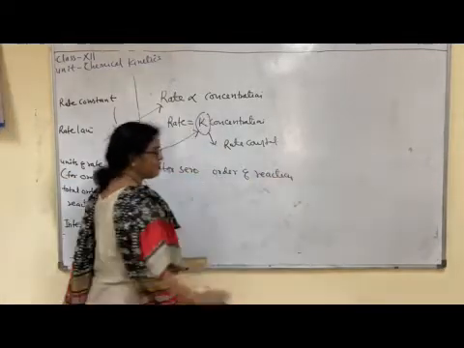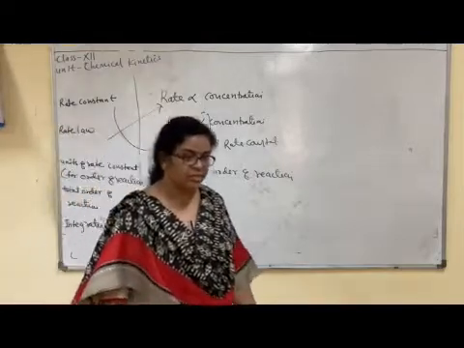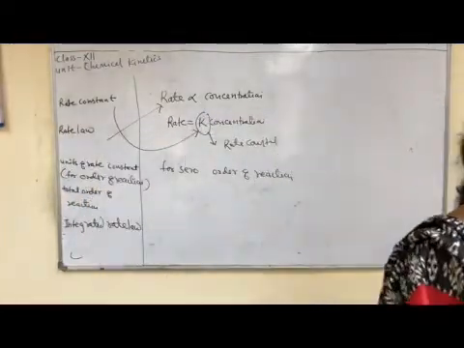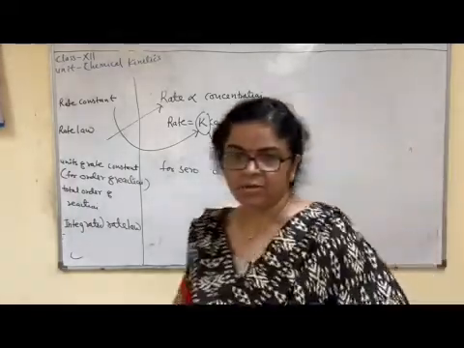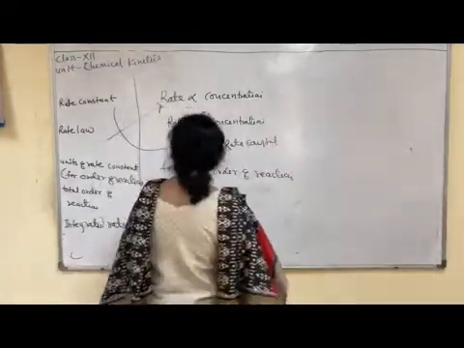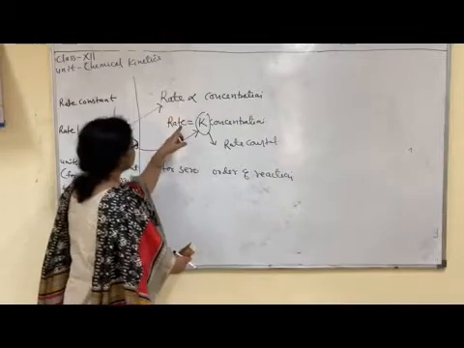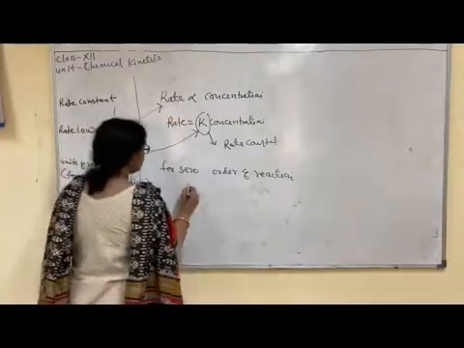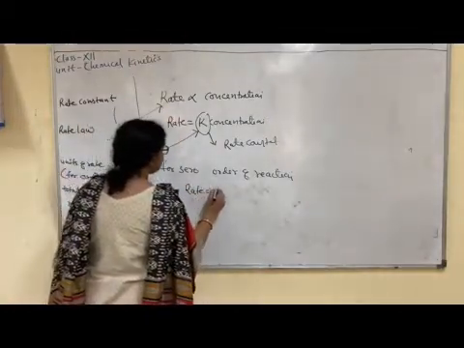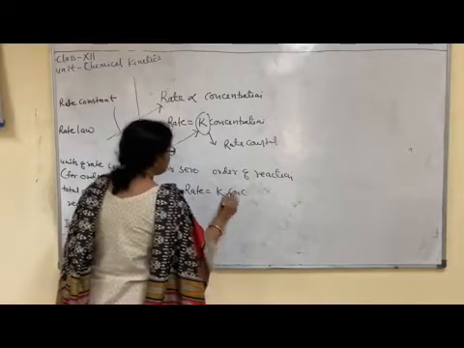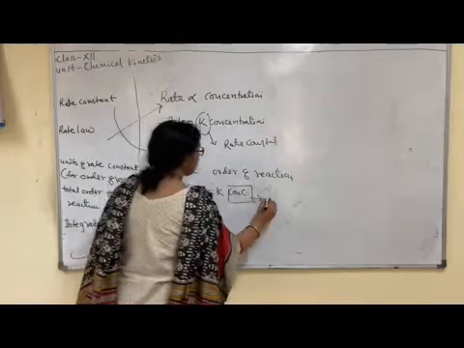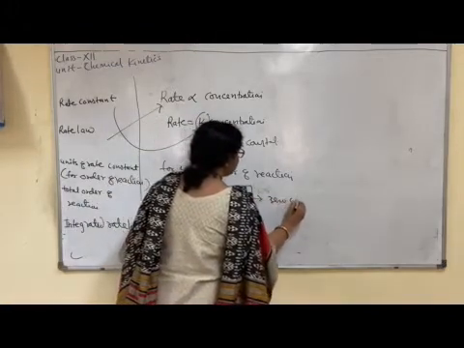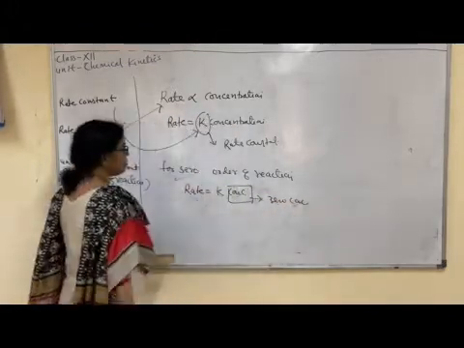For zero order of reaction, as you know, zero order reaction means when concentration of reactant does not affect the rate of chemical reaction. Now, for what is constant? First write this rate expression. Rate is equal to K, concentration term, right? Here concentration term is zero concentration for zero order of reaction.